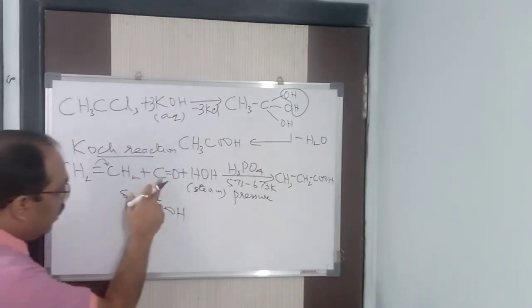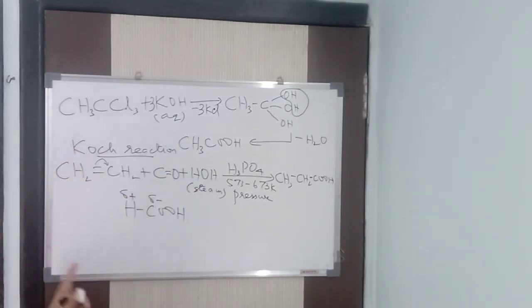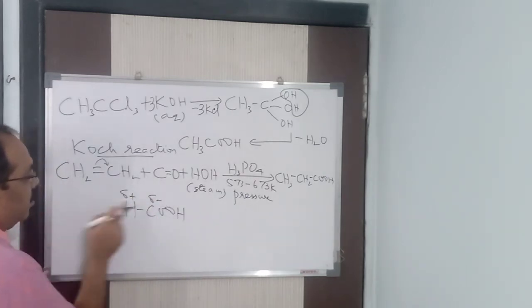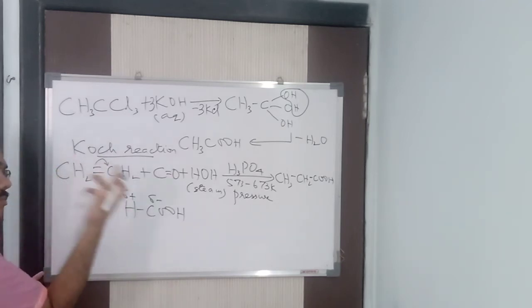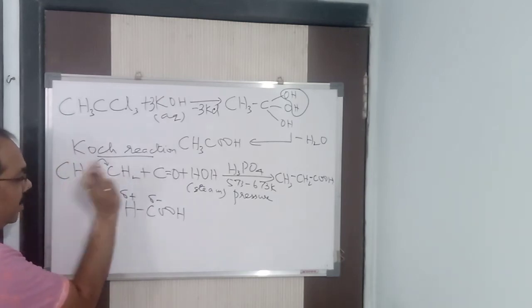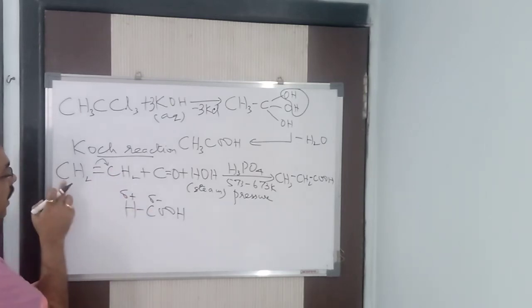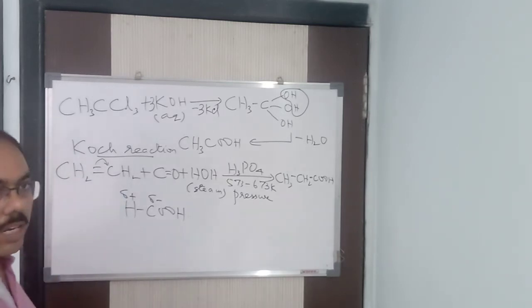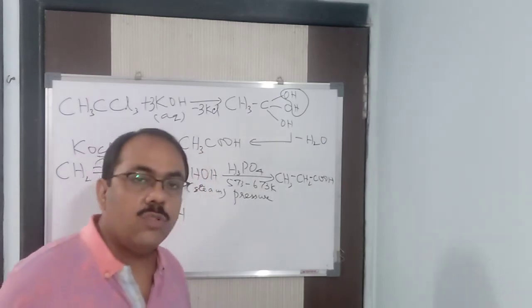Got it? Again I repeat, carbon monoxide reacts with water to form formic acid, which is an unstable compound. Remember it, unstable. Now it will dissociate to give H plus and the other part. Let us say the pair of electrons goes here. It can go either this side or that side, because this is a symmetrical alkene. Suppose it goes here, so this carbon is negative and the H atom is added here. The COH group is added on the positive carbon. So you will be getting CH3, CH2, COOH. Clear?